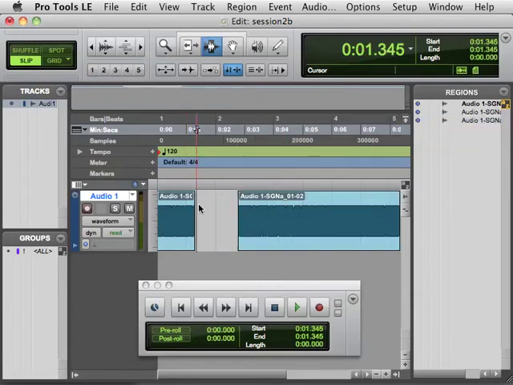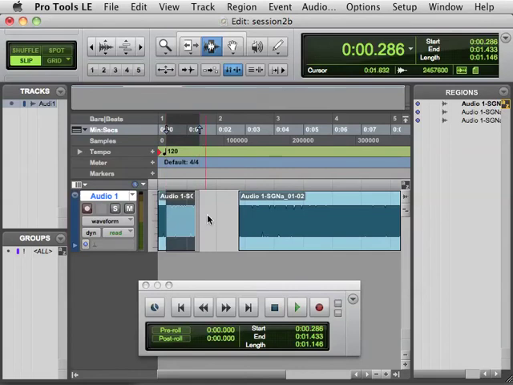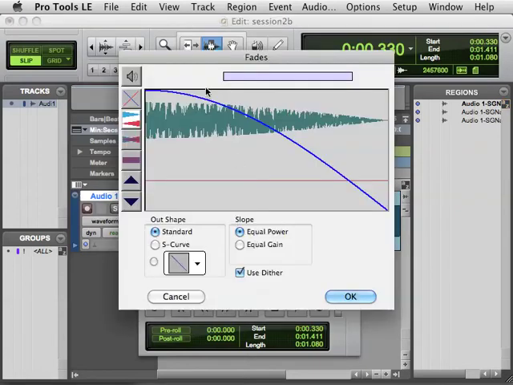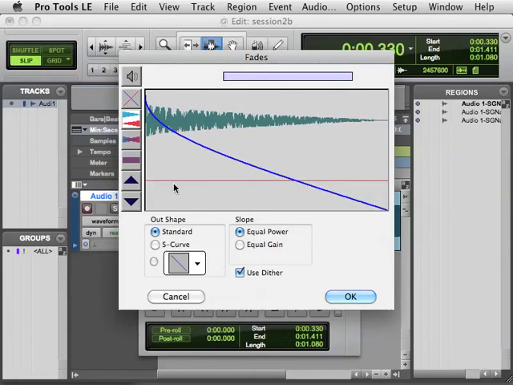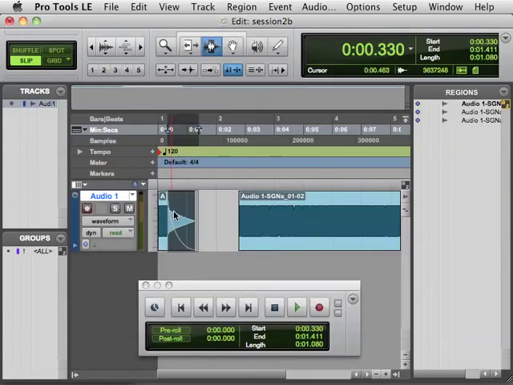Alright, so the first thing I might want to do to change the shape of this noise is I might want to fade this little guy out here. So we could, for example, just select everything beyond the end and just a little bit in, or almost all the way in, and hit Command F. That brings up the fade dialog. I might actually choose something that fades out much faster, so I can click on this blue line and drag downwards, or to the left maybe. Okay, so if I hit OK,